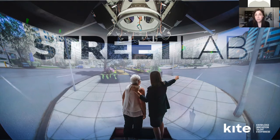Like many of the other labs that you'll hear about, we have a lot of different ways that we can measure behavior and physiological responses in these labs. So for example, in Street Lab, we have motion capture systems that can be put in, so we can look at full body kinematics as people are walking or are moving within the space. We have abilities to use mobile EEG systems and eye tracking systems. And then we have physiological response measures that we can also track, including heart rate and galvanic skin response and things like that. So these are all things that are technically possible within this immersive virtual reality